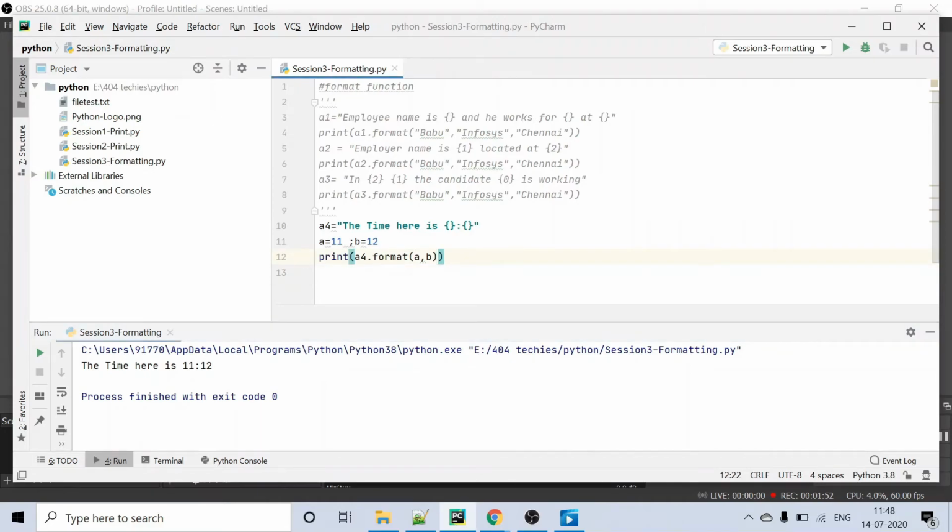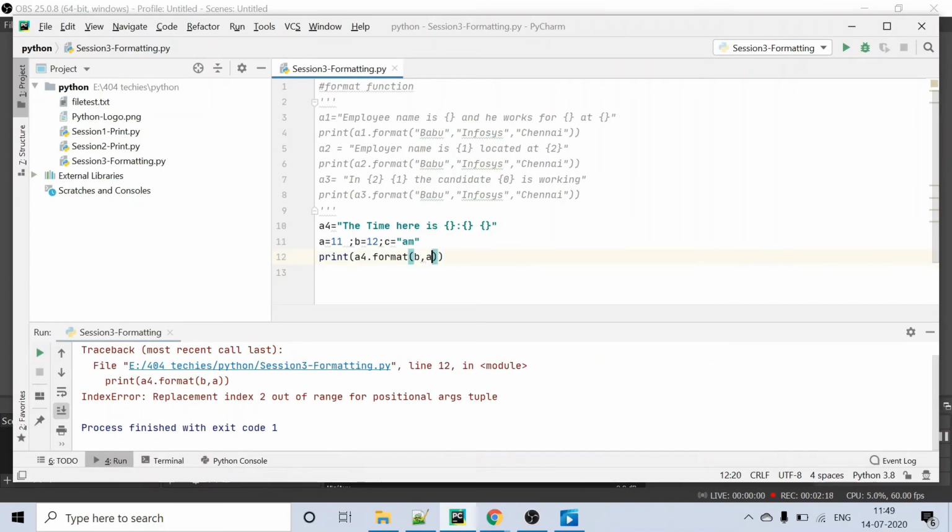You can pass it in the reverse order also, like B comma A. So time would be 12:11. You can also have it as AM or PM, like it is AM.